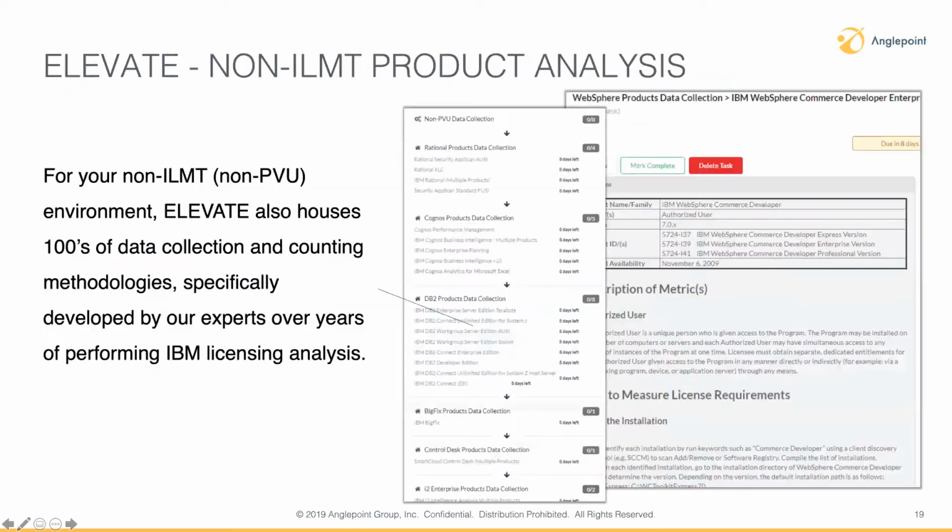On the non-PVU side, as I mentioned, there are hundreds of non-PVU methodologies that are built into the tool that walk through step by step what needs to be collected. Go to this console, go to this screen, pull this report, upload it this way to Elevate and so forth, push this button. And so there's all these detailed tasks that could be repeated there by the admins that it's assigned to. It controls timelines and so forth and everything else. All right, so that's really the high level how the process looks like.